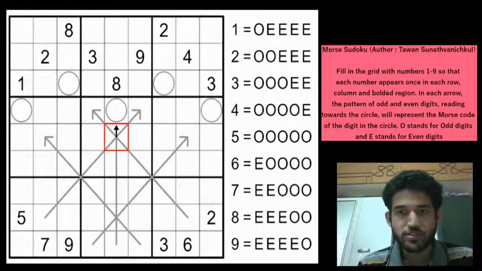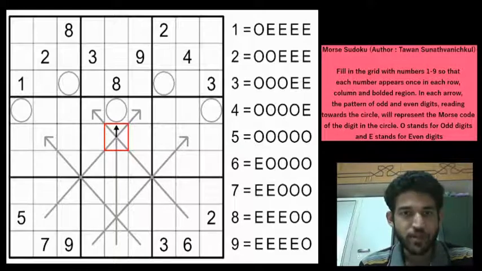Moving on to the rules. The rules of Morse Sudoku are: you have to fill the grid with digits 1 to 9, standard classic rules, so that each number appears once in each row, column and box. In addition to that, there are 5 arrows as you can see in the grid: 1, 2, 3, 4 and 5. In each of these arrows, if you read the pattern of the digits starting from this end,